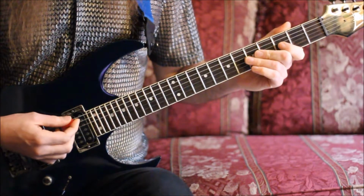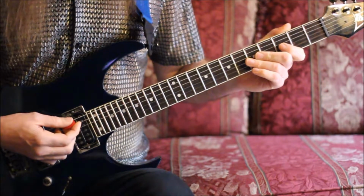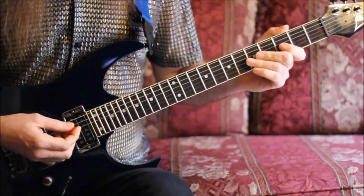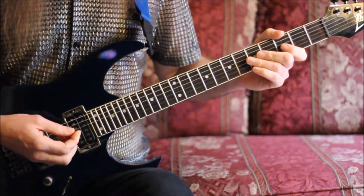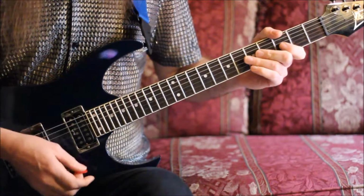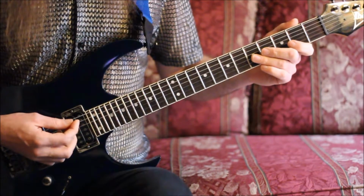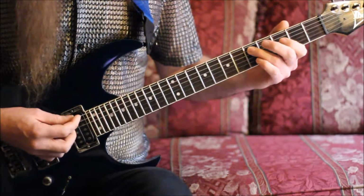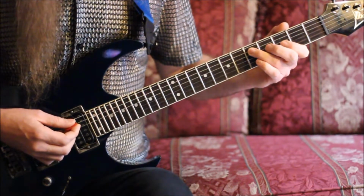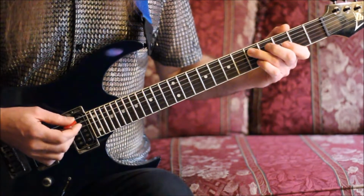We're going to start out by playing a 2 measure long pattern that's going to repeat itself 1 time. The first measure is going to be straight 8th notes counted 1 and 2 and 3 and 4 and, pick down up, down up, down up, down up. The first 2 8th notes are going to be the open D5 power chord just like this. 1 and, on 2 we go to the 5th fret on the A string with that 3rd finger on the